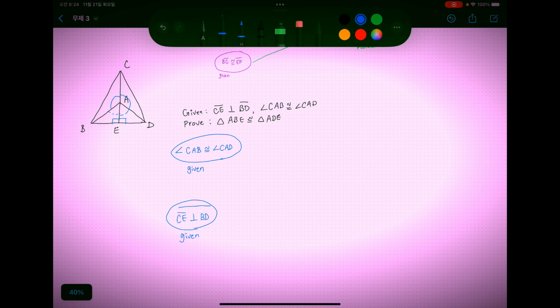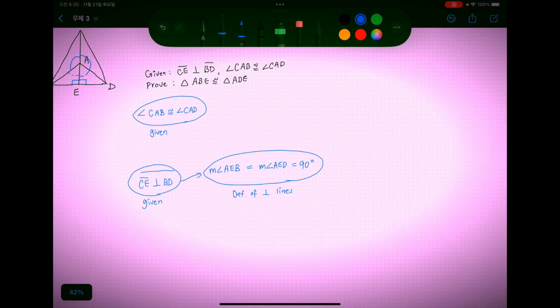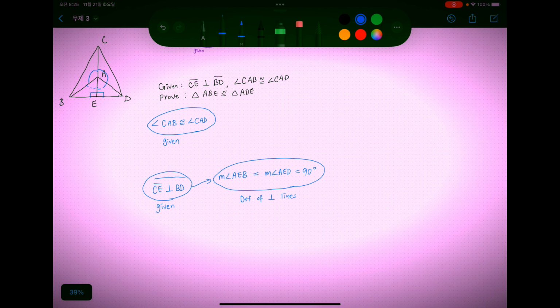So, let's first start out that because CE and BD are perpendicular, we know that the measurement of angle AEB is equal to the measurement of angle AED, which is 90 degrees, and that's because of the definition of perpendicular lines. Right? And from then on,